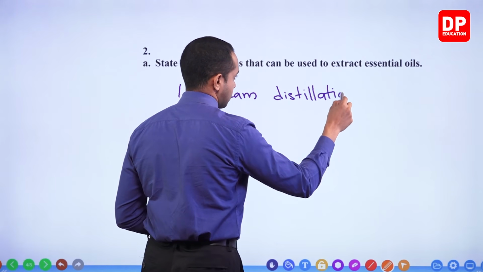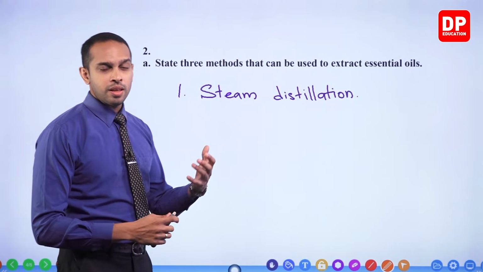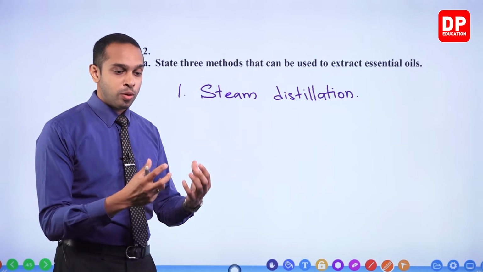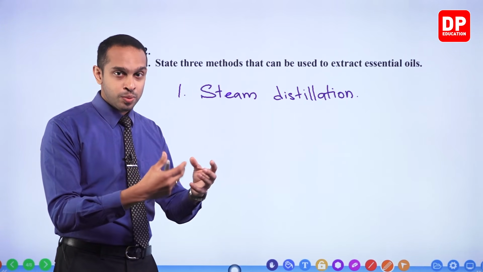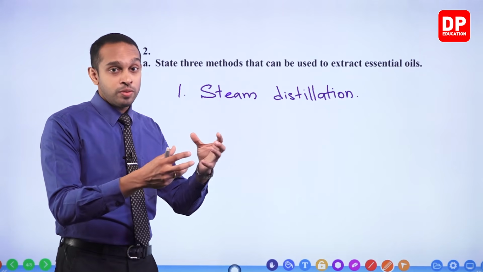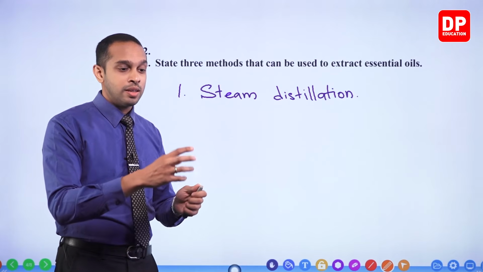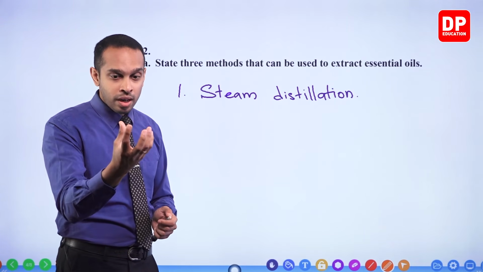So in this case, we are going to heat the plant material along with some water, and we are going to observe how the vapor that is produced in this process is going to contain both the water vapor and the essential oil, and in the steam distillation process we are going to condense this vapor